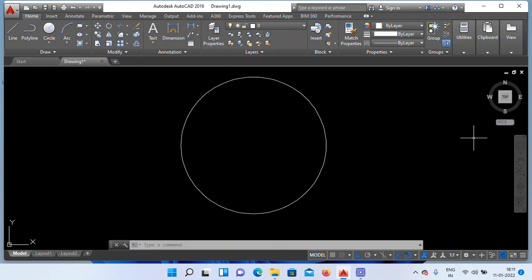I want to design a glass in this circle. How to design a glass in this circle? Apply the gradient command. Just type 2 letters, GD.